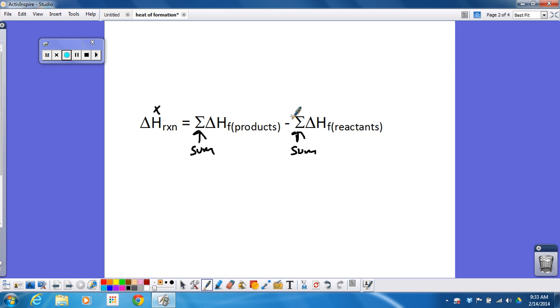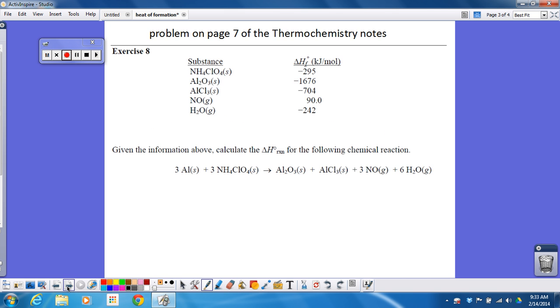So let's look at a couple of different problems that we could do. Okay, here's the first one. Here's a table of heat of formation values. You notice it's in kilojoules per mole. And I want to calculate the delta H for this reaction that is listed. So delta H is equal to the sum of the products minus reactants. So the delta H for the reaction is equal to the sum of the products. So let's see, the first product is aluminum oxide. Its heat of formation is negative